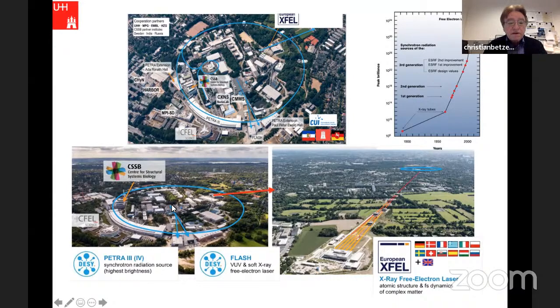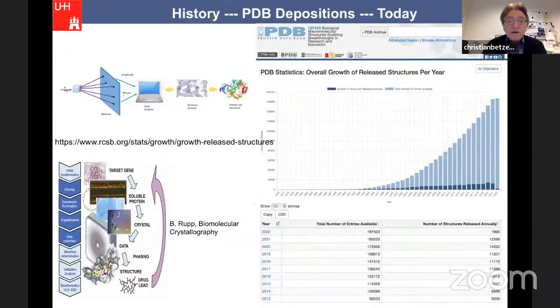I'm just sitting here. You see my cursor. This is our laboratory on the DESY campus. And we are utilizing the high-intensity synchrotron radiation for structure analysis. And in parallel in Hamburg, we have the Free-Electron Laser, just shown. You see here the DESY campus, on the left side, the harbor in the background. And here in the scheme, the Free-Electron Laser, which is 3.8 kilometers long, but is underground. And I will come back to this later on.